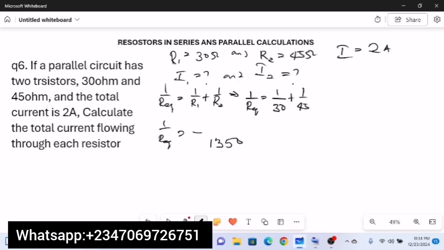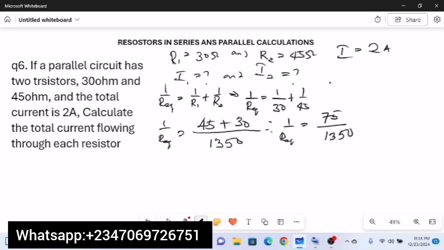Alright, so 1350 divided by 30 gives us 45. 45 times 1 remains 45, plus 1350 divided by 45 gives us 30. 30 times 1 remains 30. Therefore, you have that 1 over R equivalent is going to be equal to 45 plus 30, that is 75, all over